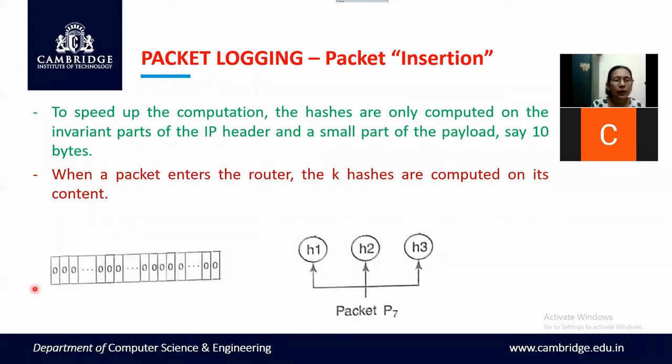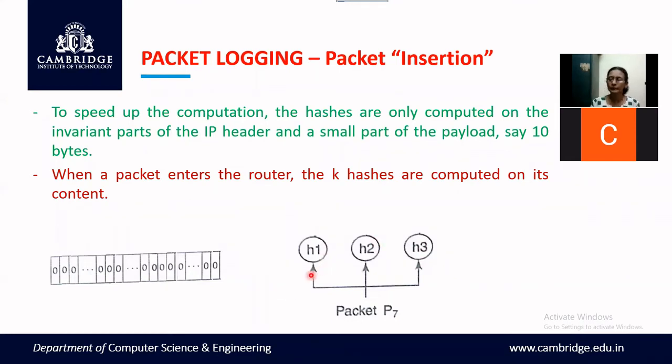Now, this is your bit array. The size is going to be m bits: 0, 1, 2, up to m minus 1. When you get a packet, immediately k hashes are calculated. In this example, say we take k equal to 3. Then 3 hashes are taken, h1, h2, h3. Three different algorithms are used, and you get 3 different hashes, each w bits wide.